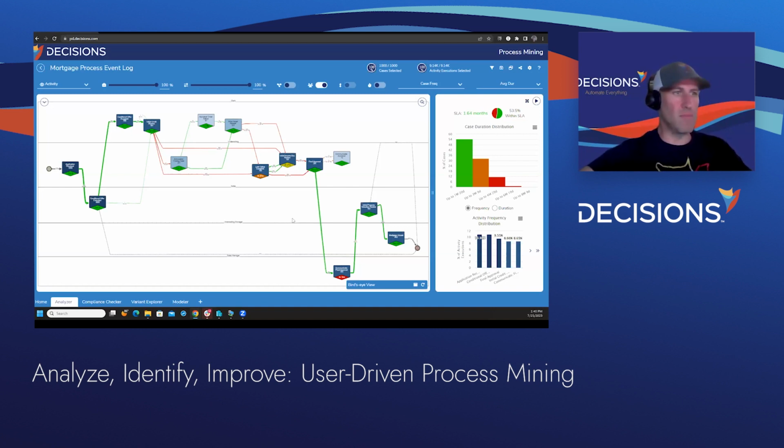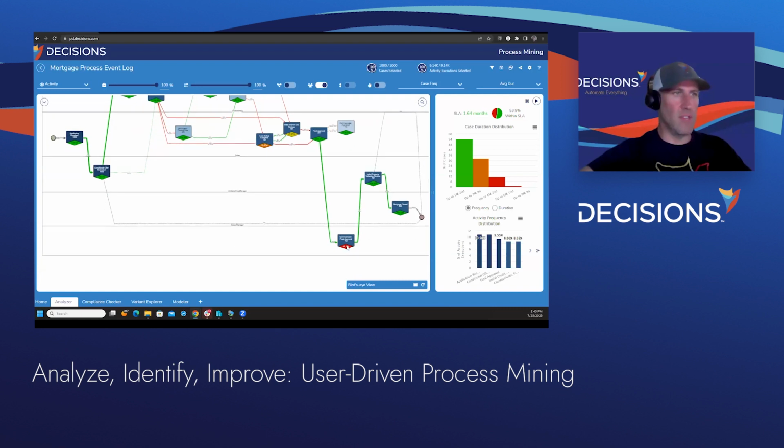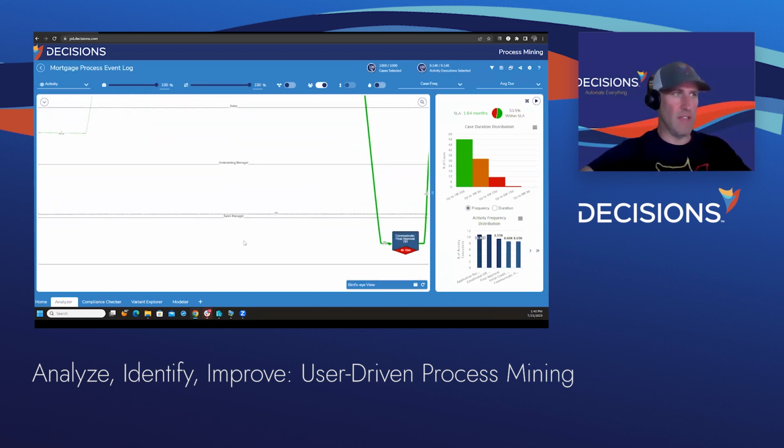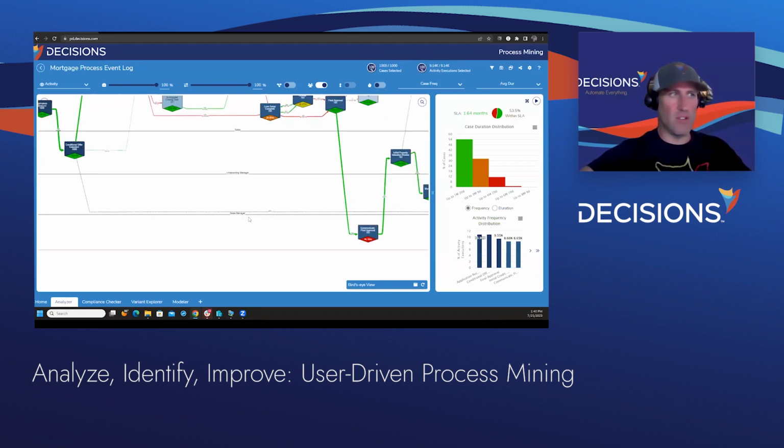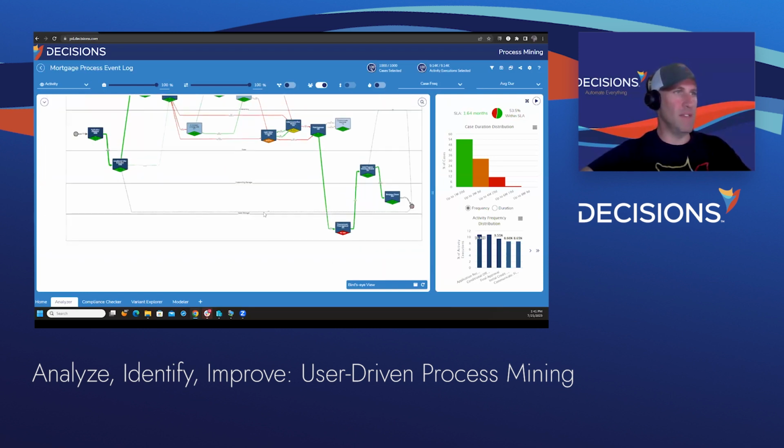But here, this actually exposes a lot for me. I can see this communication piece is being handled by a sales manager role. Might mean to me that the sales manager is juggling a lot of balls at one time, and so they might let this slip a little bit. Maybe it's not at the forefront for them because they're managing people, they're managing other processes, they have other tasks as part of their daily activities. Maybe we need to add another role here. Maybe we need to add someone under the sales manager role to partake in that.